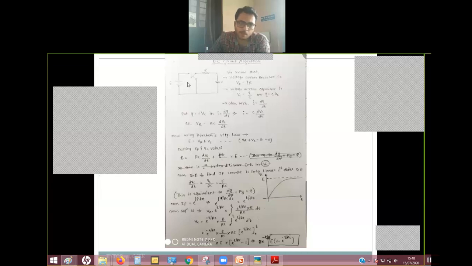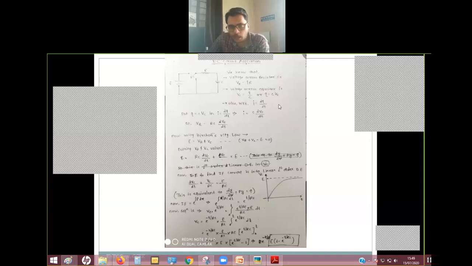Okay. Now see, the voltage across the resistor: we know VR is equal to IR. I think you are able to see the equations. The voltage across the capacitor, we always know, and we don't need to remember Q by C. So the voltage across the capacitor is Vc, let's say, Vc equal to Q by C, and Q is equal to C into Vc. Correct?